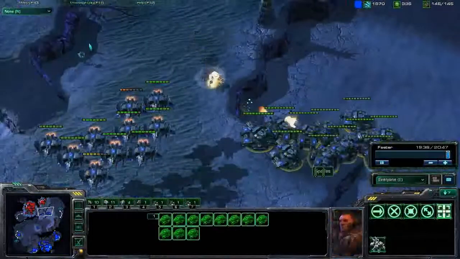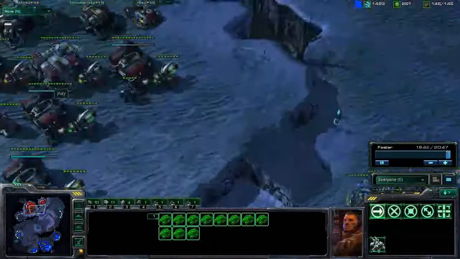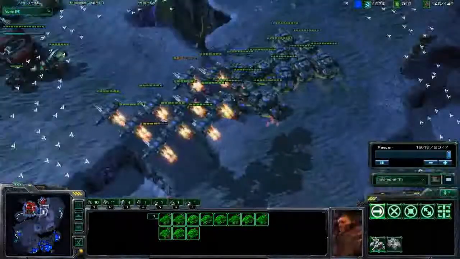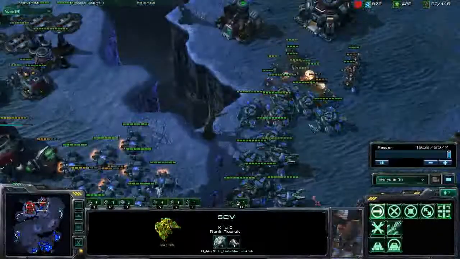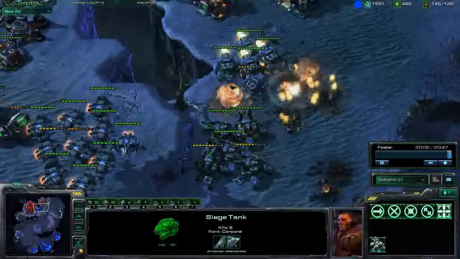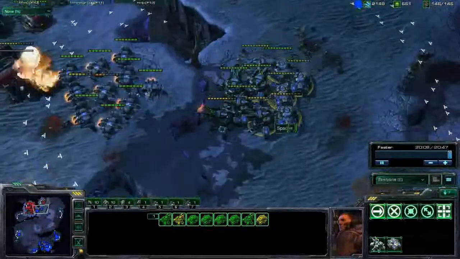At the same time, Spades moving out with his siege tank army. He's just gonna march right into that main if he wishes, especially with that large Viking army for vision, and even bringing in SCVs, and when you have to bring in SCVs to attack you, this is over. So yeah, this is round 1 of